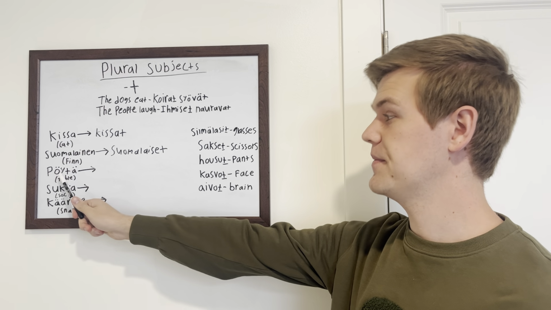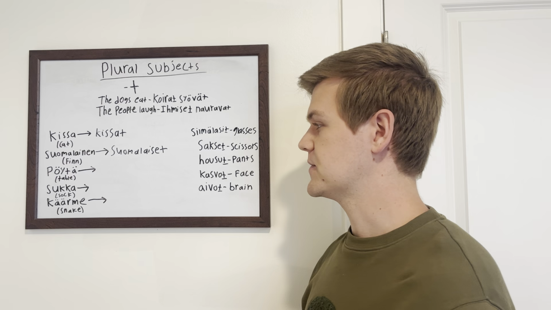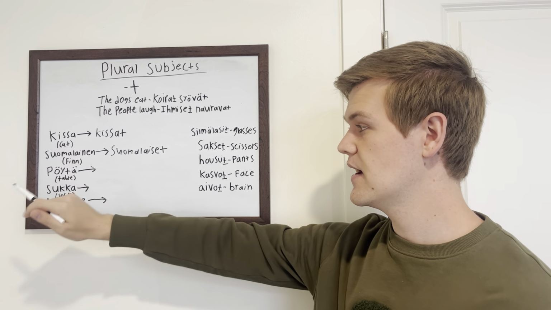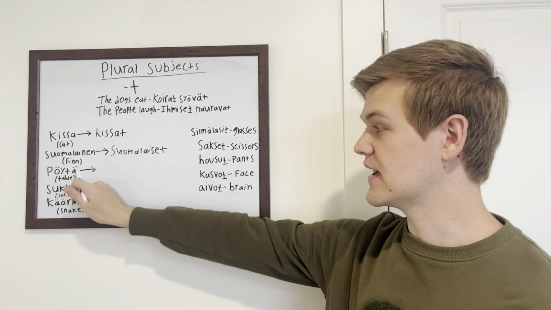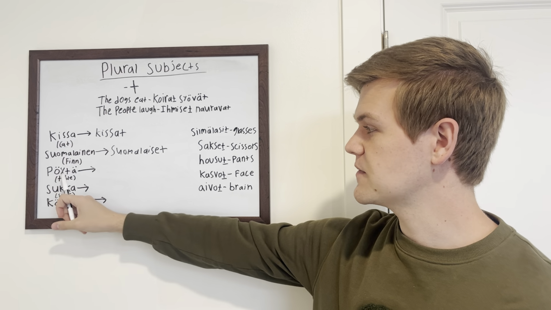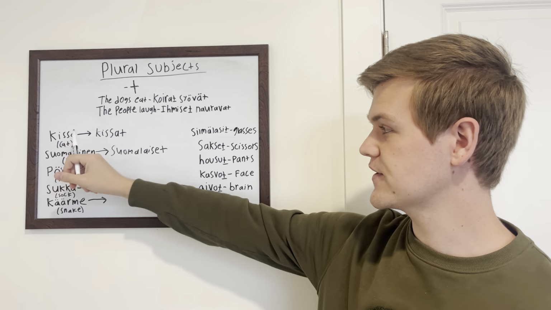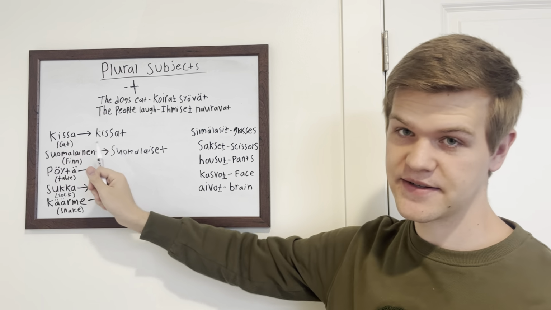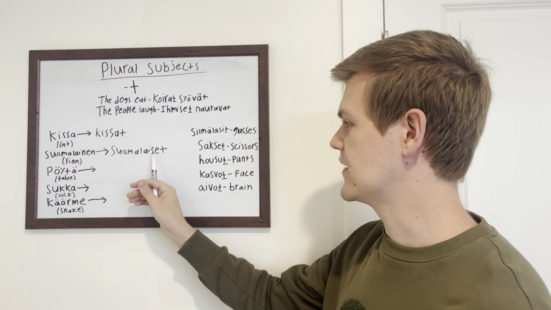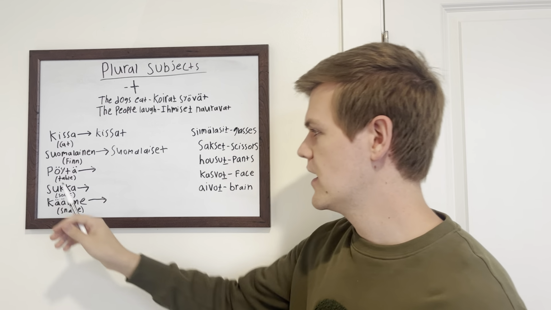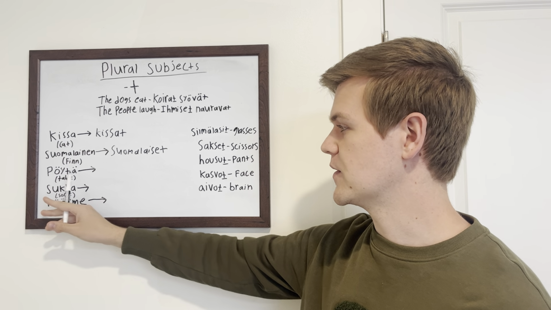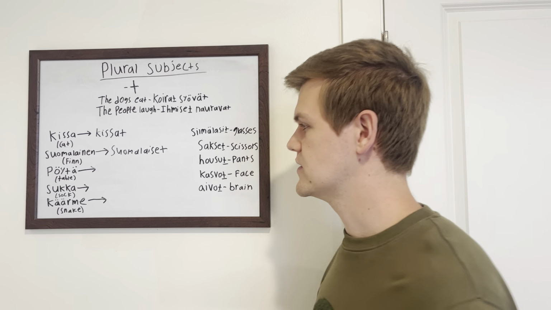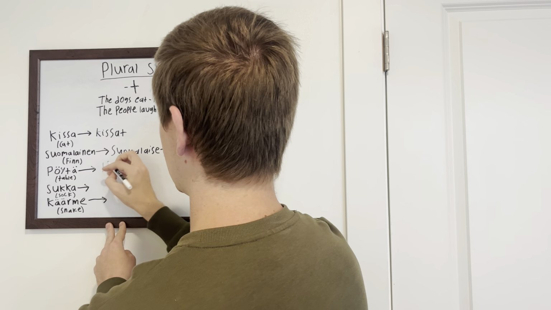Next one, table, pöytä. This one, again, the stem is actually just the exact same since it ends in A. So we're just going to add a T on the end of here, but you might notice that this one might soften. So these first two didn't soften because we had an S before. An S isn't in our softening list. This one also had an S, so again won't soften. But this one, the consonant before where we're adding is a T, and T softens to D. So when we add our T onto the end,